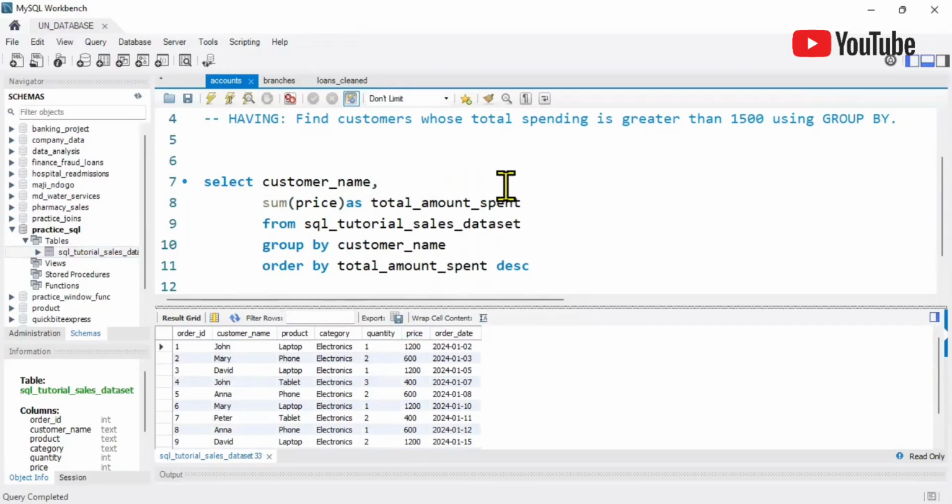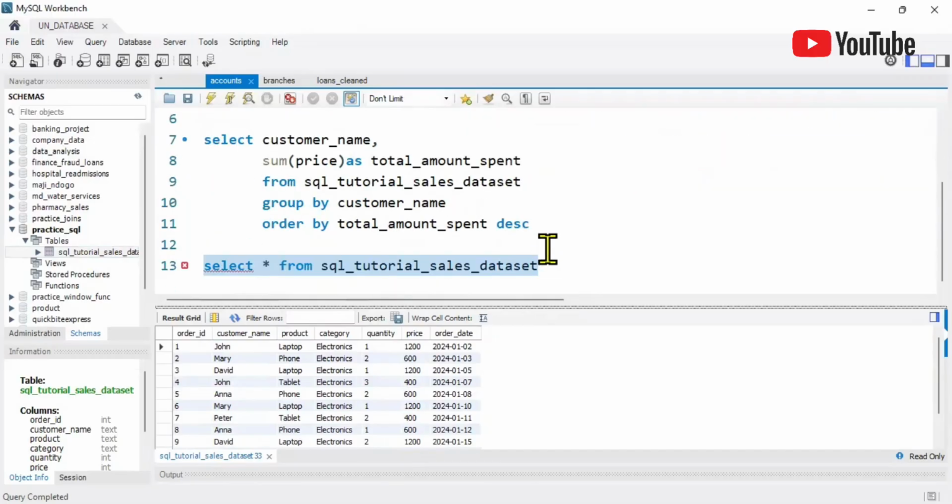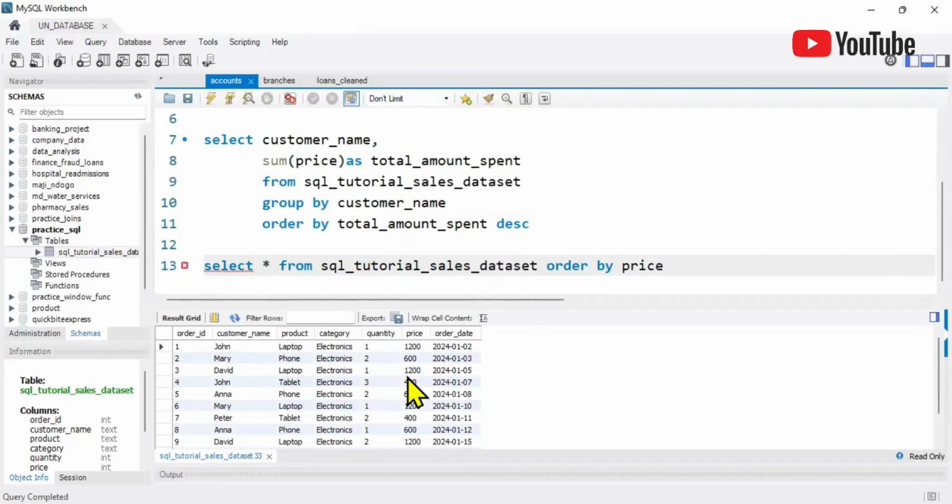We are asked to sort the price from highest to lowest. So we're going to sort it descending. In order to do this, we can now use the order by clause. We are ordering by price. Remember, the name of the column we are ordering by is price. Price descending. So if we run this,